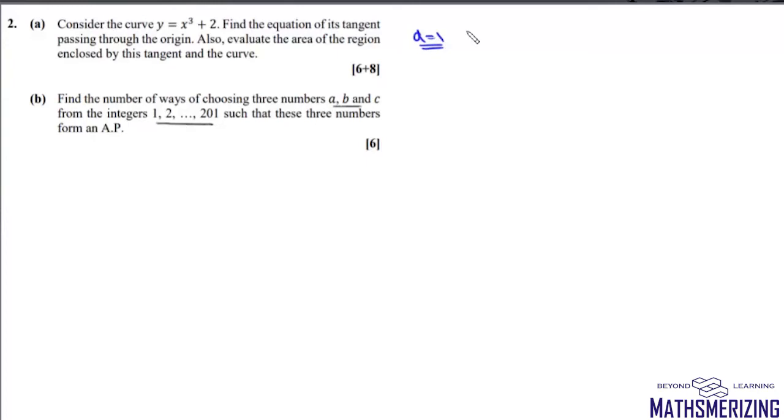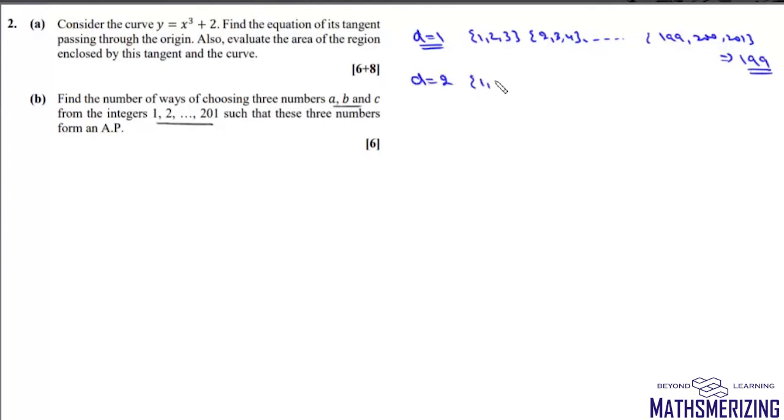So if the common difference is 1, then it'll start with 1, 2, 3, then we'll have 2, 3, 4, and finally the last one will be 199, 200 and 201, so which is 199 ways.